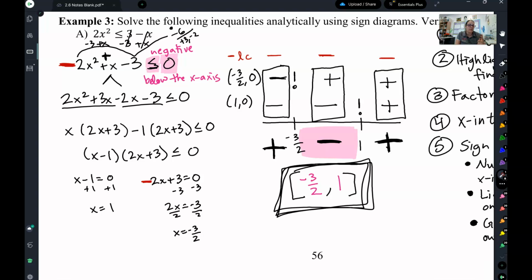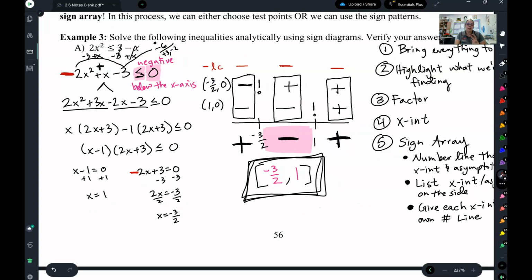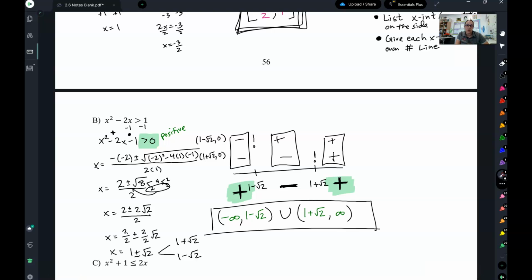So that is something, it doesn't happen very often, but if you have a negative leading coefficient anywhere in your problem, you need a line of negatives, or else you'll mess up all the signs. So those are my two pieces of words of wisdom for sign arrays. One, don't get lazy, write out every step. And two, if you have a negative leading coefficient, watch for that. Be careful with those and add your line of negatives. So that is what we've got so far. In the next video, we're going to talk about what to do with our sign arrays when we have multiple